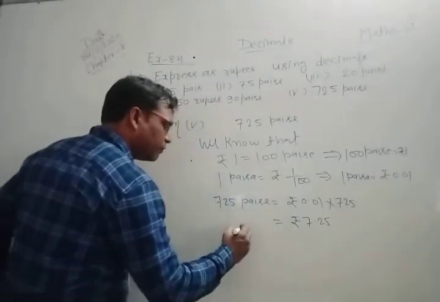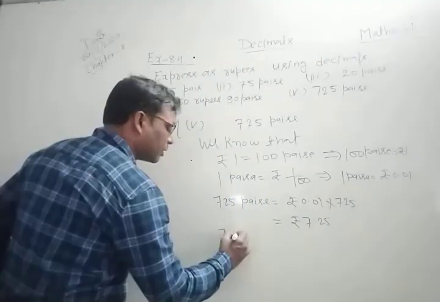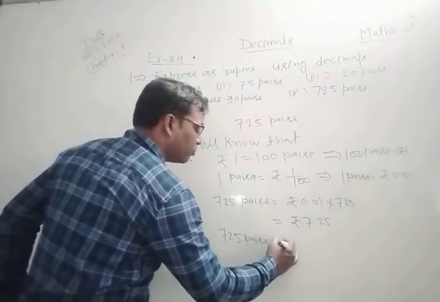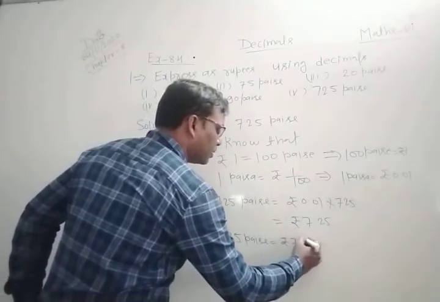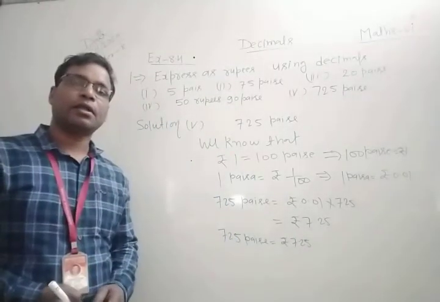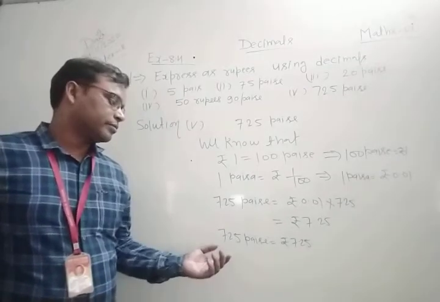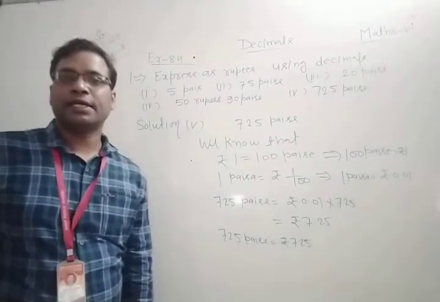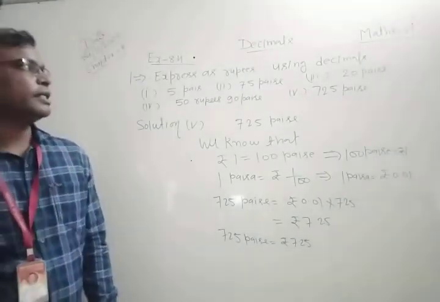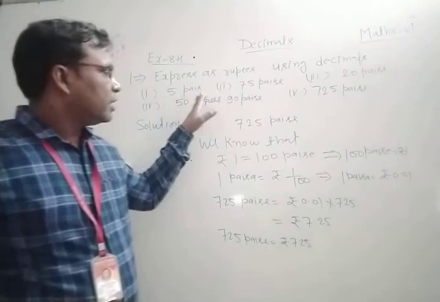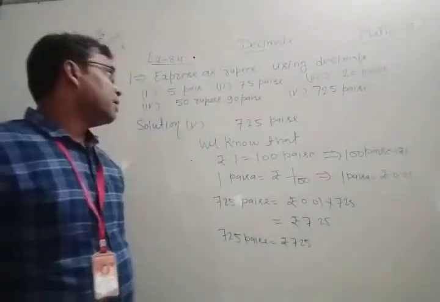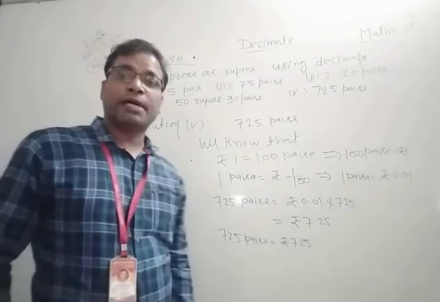Okay, so in this way we convert 725 paise, and we obtain rupees 7.25. Clear? So student, I hope all of you understood this question, how to express as rupees using decimals. So here you can see we expressed 5 paise, 75 paise, 20 paise, 50 rupees 90 paise, and 725 paise